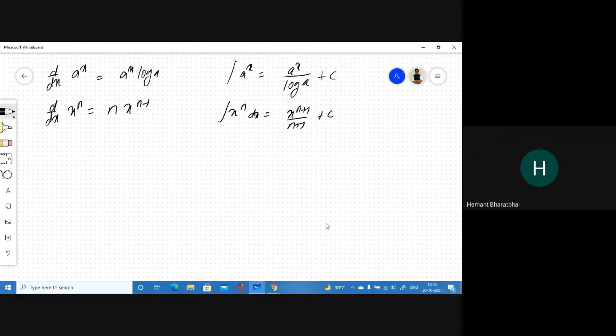So let's try to understand why I'm doing this plus c. Suppose I have something like this, y is equal to 5x cubed plus 3x squared plus 2x plus 8. Now I take the derivative of this. So when I take the derivative, 3 into 5, this will become 15x squared plus 3 into 2, so this will become